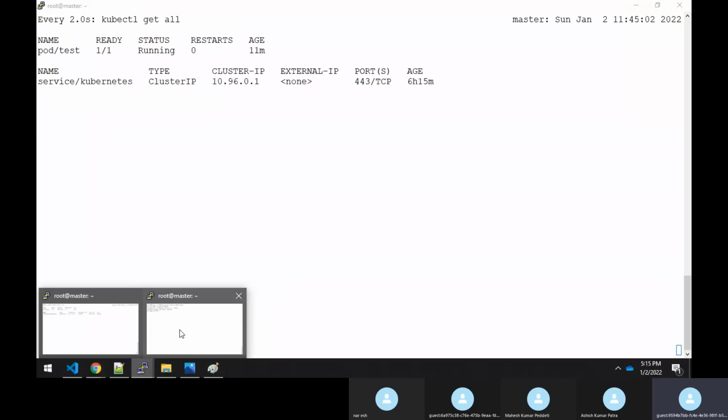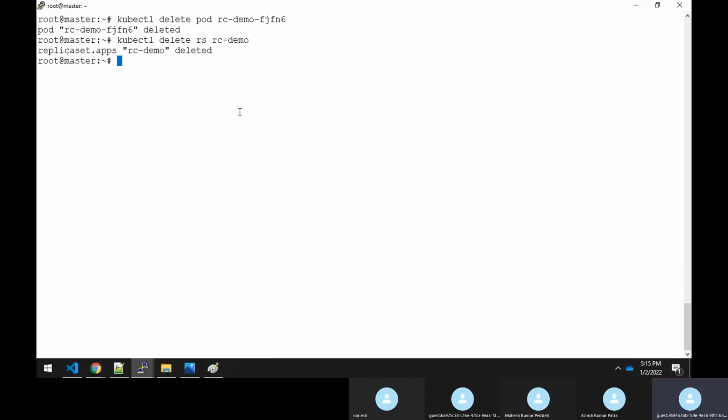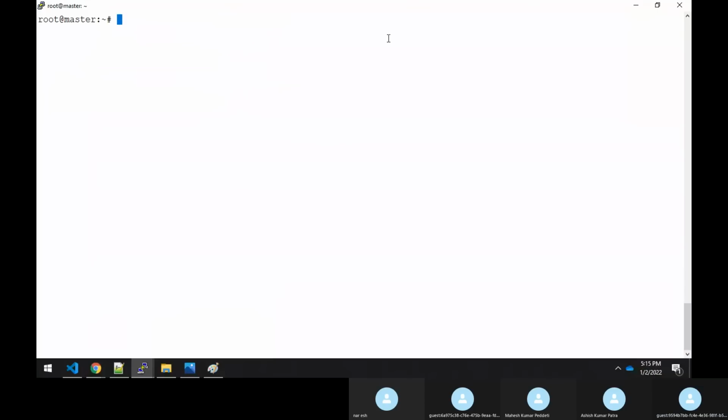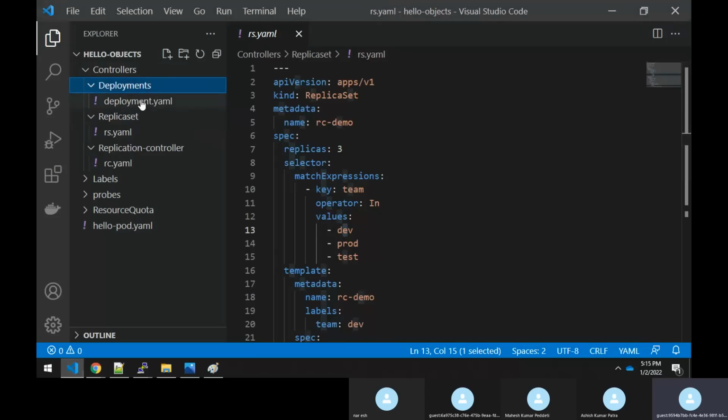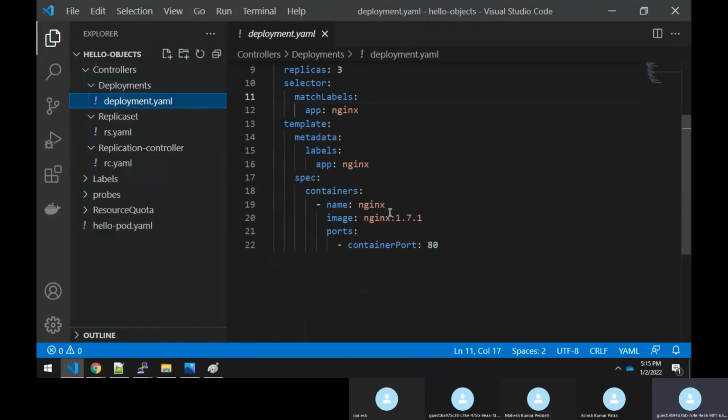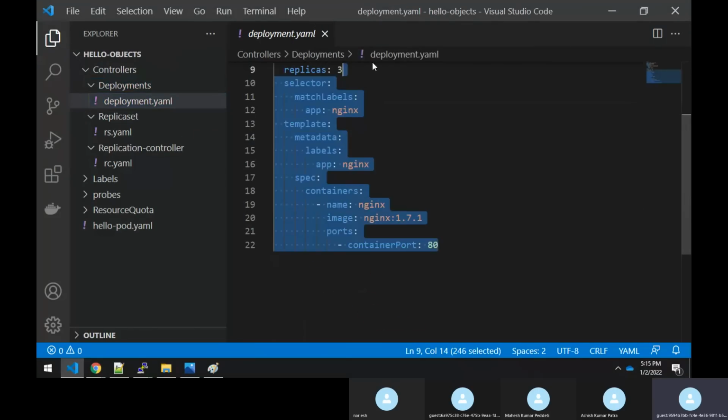Now I'm going to have a YAML file with the name deployment.yaml. Let me copy this YAML file.